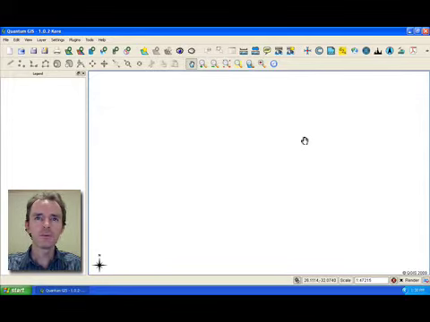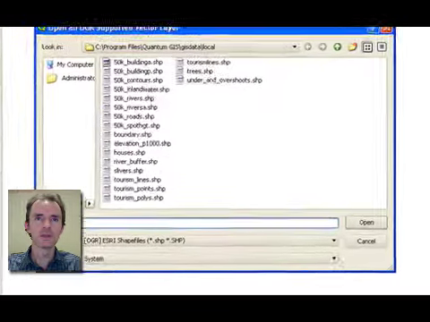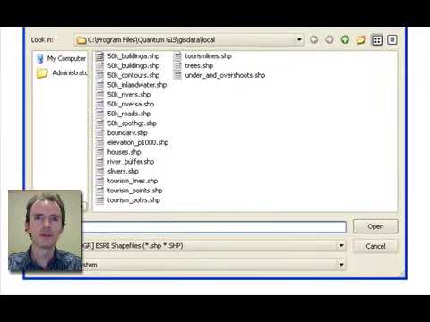The first thing we will do is add some layers to our project so that we can have something to orientate ourselves with while we are working. To do this, we will use the Add Vector Layer option in the toolbar. Click on the icon, and in the file dialog that appears, move to your local directory, which is under